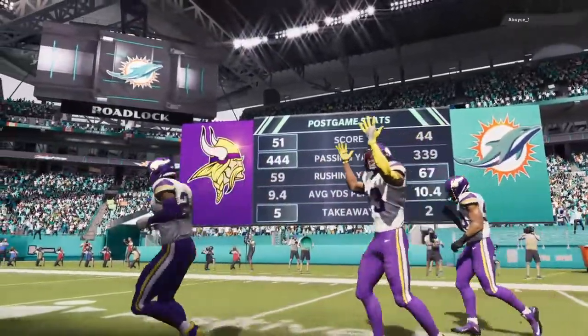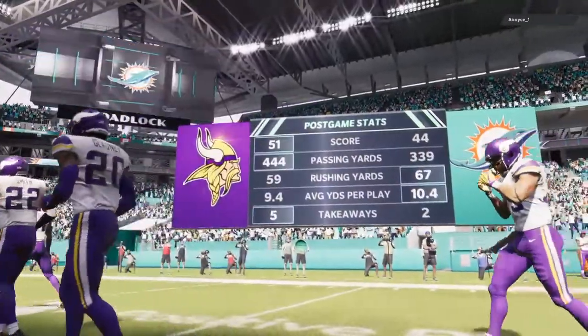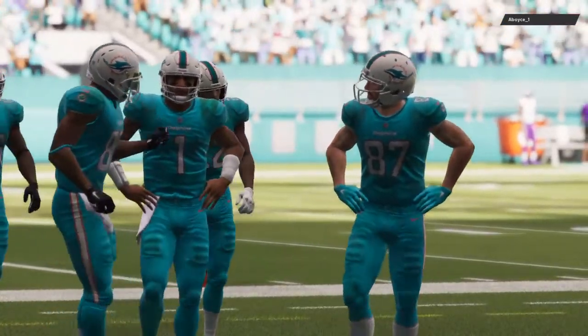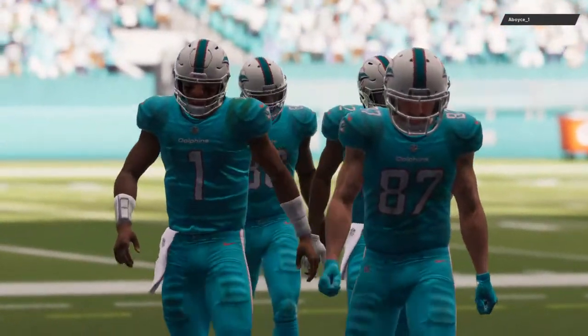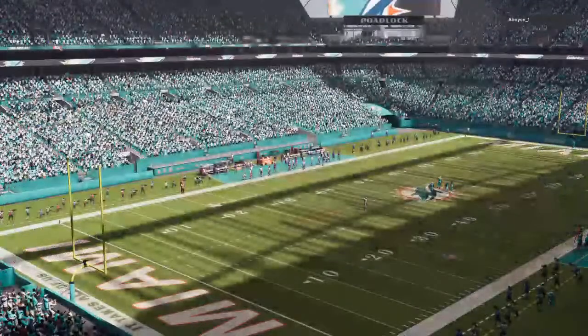So for Minnesota, their winning ways continue as they get it up to 7-0. And they'll get another road test next week as they have to go to Lambeau to take on the Packers. Meanwhile, for the Dolphins, they drop back to 500 now at 4 up and 4 down. And they'll take this loss into